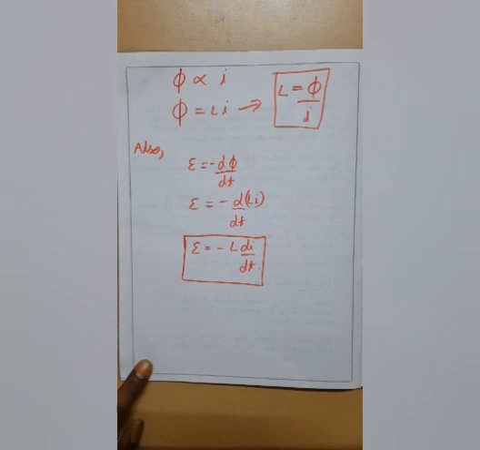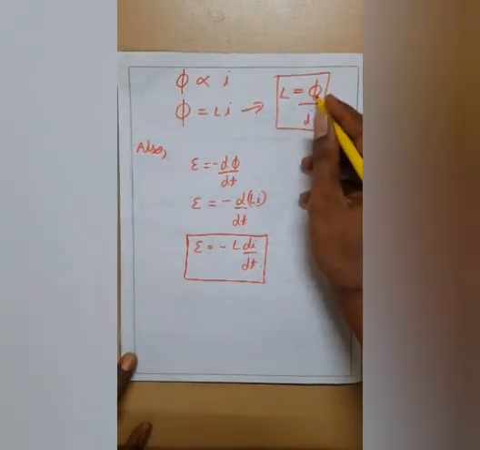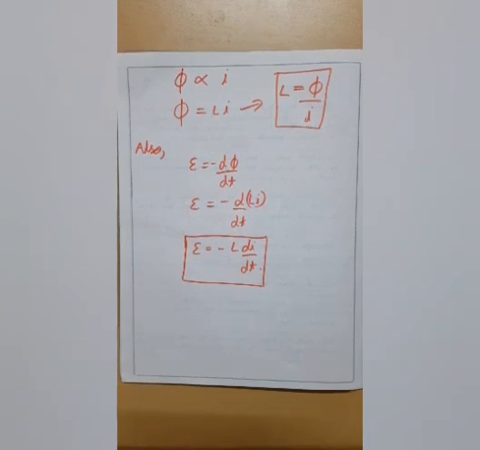If we want to establish the SI unit for the coefficient of self induction, then for phi the SI unit is Newton meter square per coulomb, and for current it is ampere. But this unit would look a little weird, so there is a very nice unit for this which is known as Henry, a plain and simple unit which you can easily learn. So the SI unit for the coefficient of self induction is Henry.